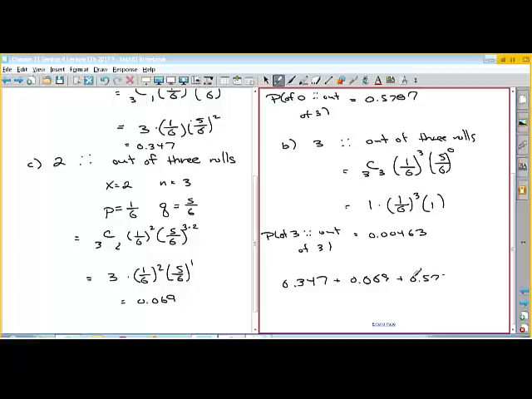The probability of getting no 4s would be 0.5787. And the probability of getting all 4s would be 0.00463. And if we add those numbers together, 0.347 plus 0.069 plus 0.5787 plus 0.00463, you get